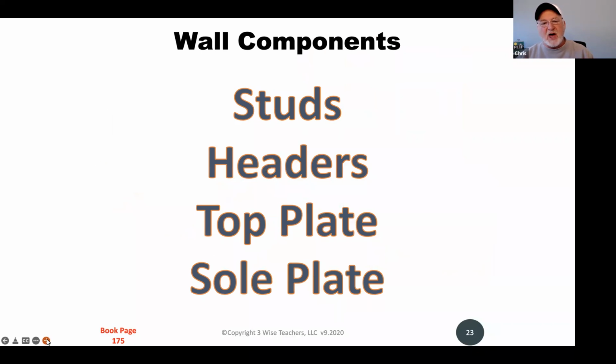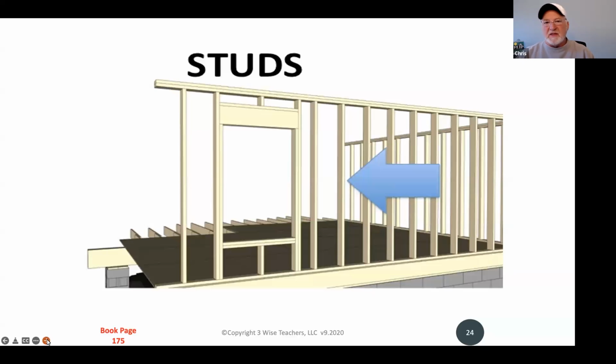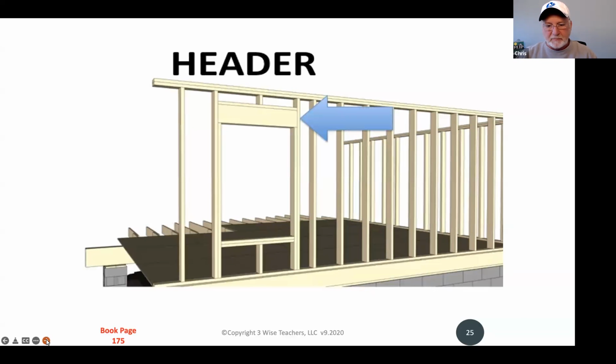All right, now that we're moving upwards, let's talk about the components that make up the wall and identify some of those. As we mentioned before, the studs are simply going to be the vertical components of building this house. We now need to start framing it up, and that's going to create the walls. So studs are the vertical framing members of the house. And again, it's usually something like a 2x4, and they're set consistent distances apart depending on what the building code is and depending on whether they have to bear weight or not.